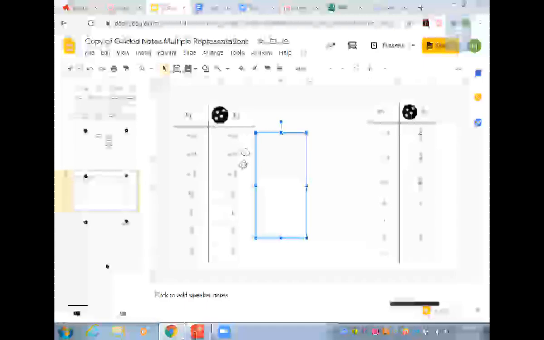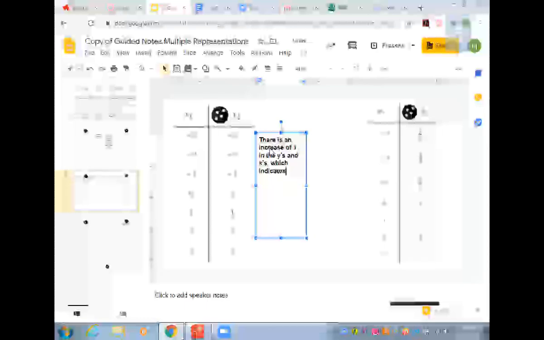Each time you're adding 1 to get to the next value in the table. So we can say there's an increase of 1 in the y's and x's,